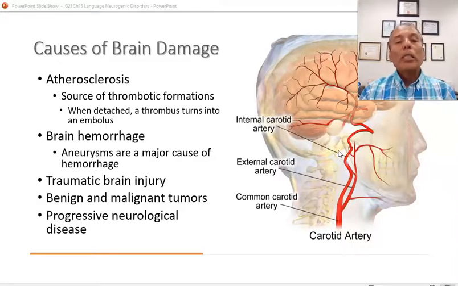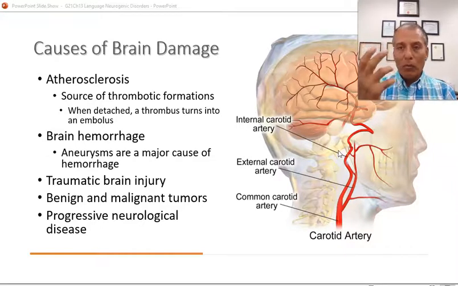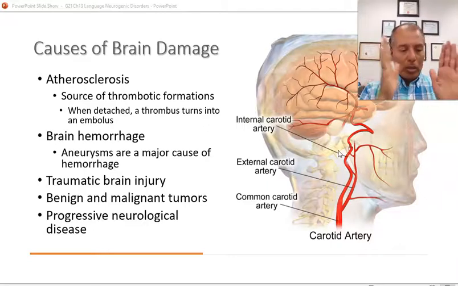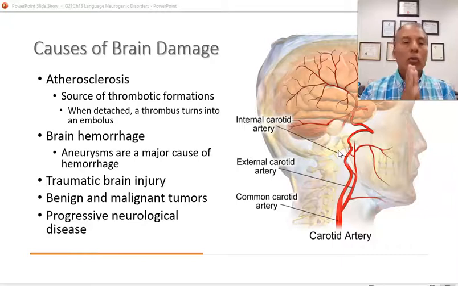It finds its way to the brain, and it's going to produce the same effect. So we call these kinds of strokes occlusive strokes. Occlusion is the blockage of something. So occlusive strokes are caused by atherosclerosis consequences and blood clots. And then we have brain hemorrhage. That is when a blood vessel just erupts and it is torn and the blood flows out of it. And most cases are caused by aneurysms that I'm going to speak about later.